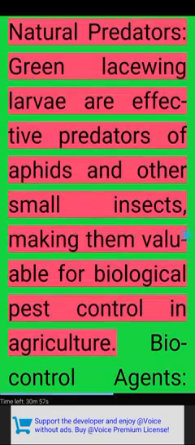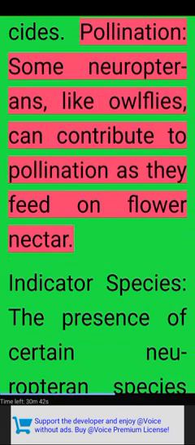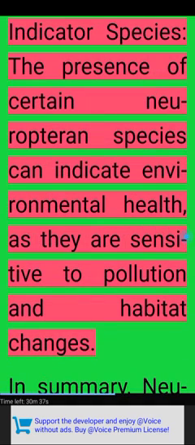Economic importance. Natural predators. Green lacewing larvae are effective predators of aphids and other small insects, making them valuable for biological pest control in agriculture. Biocontrol agents. Neuropterans, such as lacewings and antlions, are used in integrated pest management programs to reduce the need for chemical pesticides. Pollination. Some neuropterans, like owlflies, can contribute to pollination as they feed on flower nectar. Indicator species. The presence of certain neuropteran species can indicate environmental health, as they are sensitive to pollution and habitat